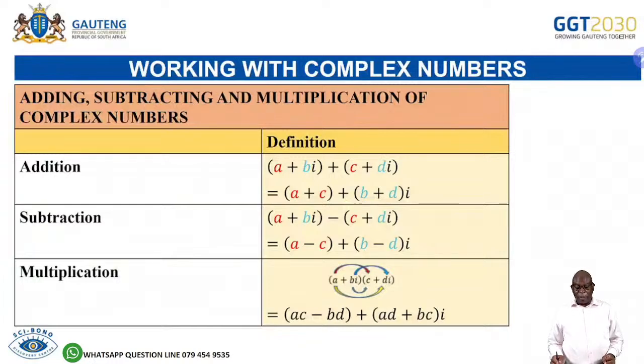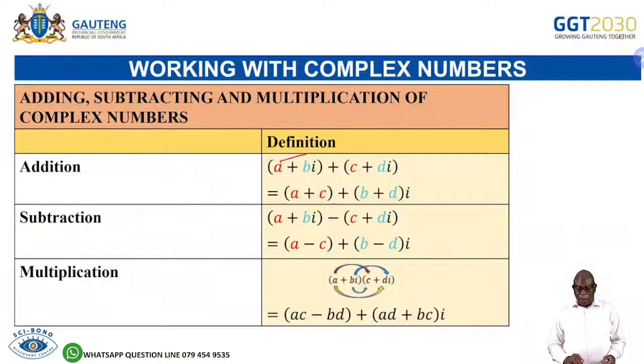Working with complex numbers. These are just some quick notes that I've put in there. How do I add, subtract? We've already done some of them. How do we multiply complex numbers? So when we add complex numbers, remember when we add,